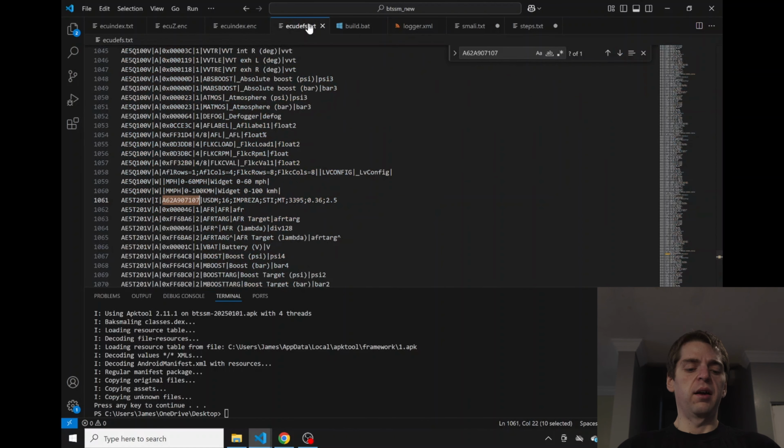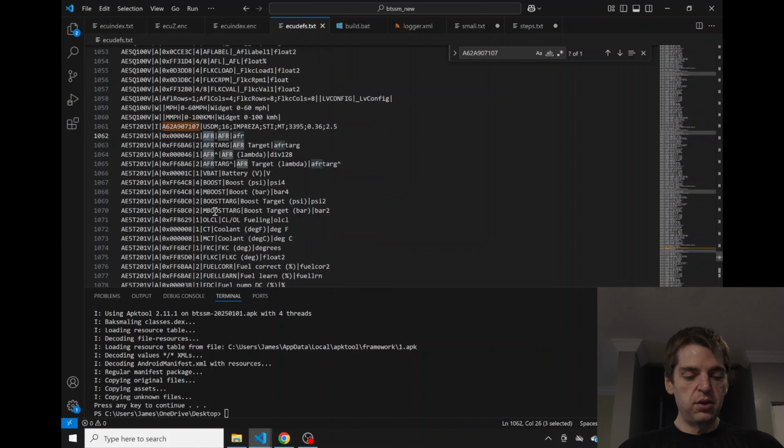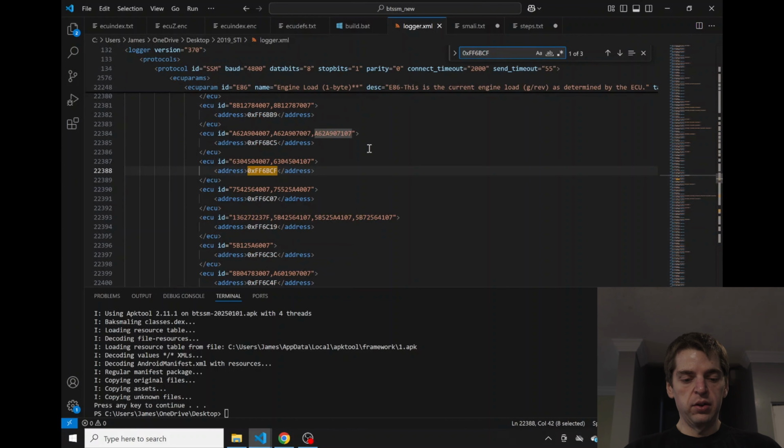Just know that what we're doing here is we want to make sure that for our ECU ID, we have the correct memory address from our RomRaider logger definition assigned to the field in BTSSM. So let's do one more. We'll actually do feedback knock correction, because this one was huge and one of the main reasons I did all of this. So if we look at